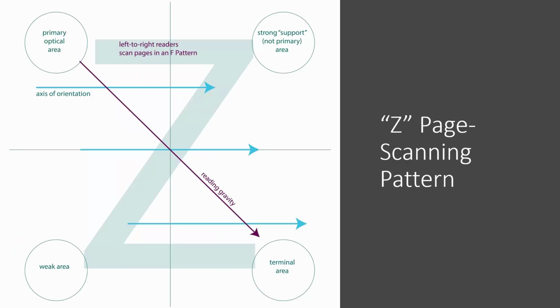When using heavy image or graphical content, it's often common to use the Z page scanning pattern. You see, the brain processes images faster and slightly differently than it does text. So as you can see from this graphic, you still start in the primary optical area of the top left, and you end in the terminal area of the bottom right. But you can use more equal space of the weaker areas in the lower left and the top right when